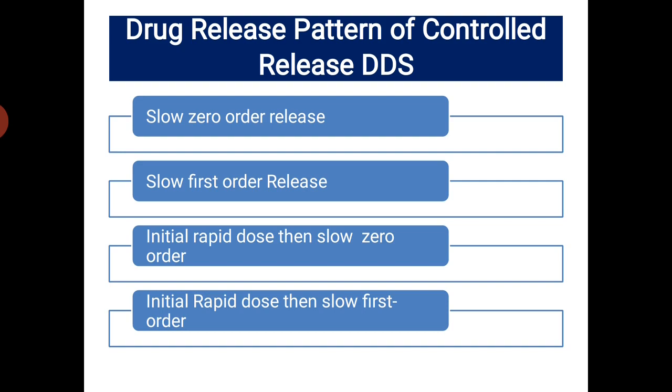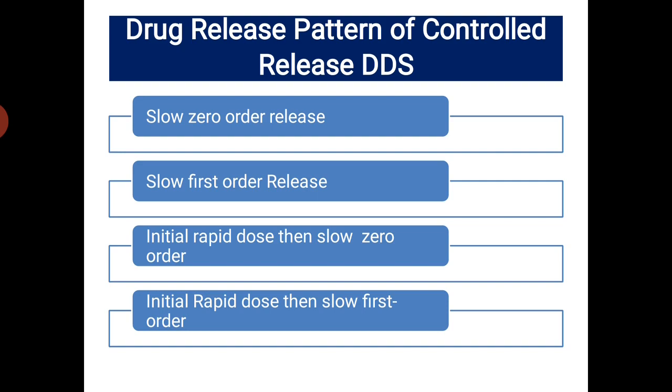So why is it called a slow zero order? Since it is a controlled release, it can follow a slow zero order. What is an example of a fast zero order? That means out of 100 mg, the tablet in the first hour releases 25 mg, second hour 25 mg, third hour 25 mg, fourth hour 25 mg. So out of 100 mg, every 1 hour it releases 25 mg, and it releases only up to the 4th hour. That means till the 4th hour only we have the extension.